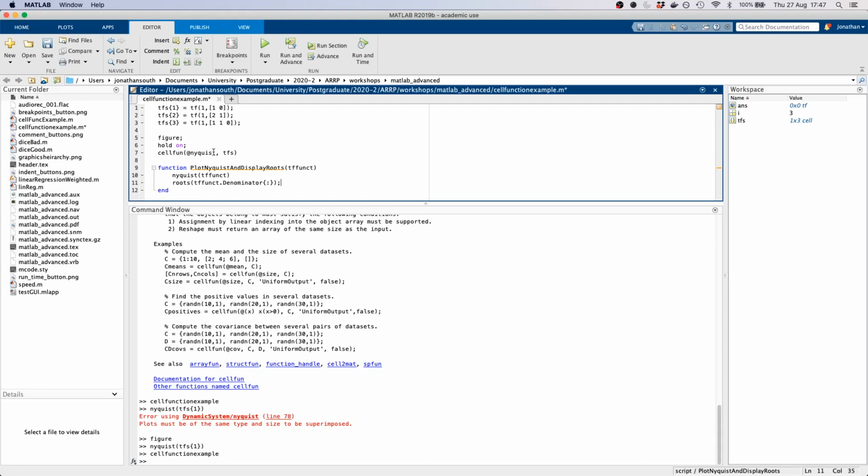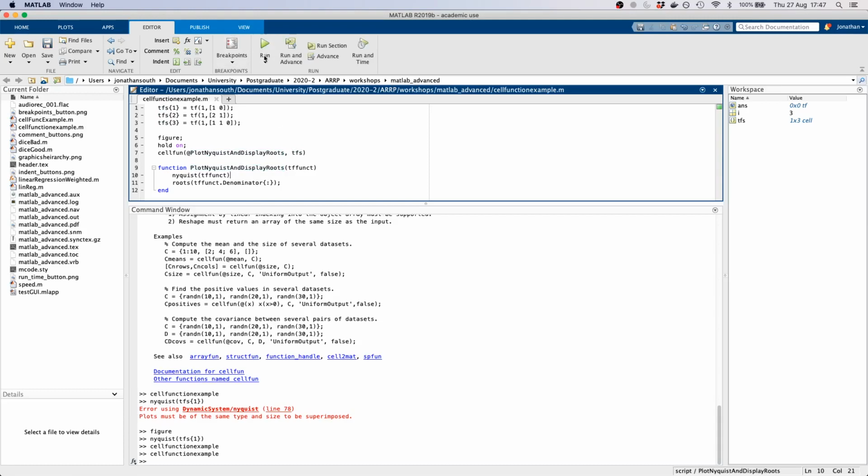Now, how do I apply it using this cell function? I need to put the @ symbol to make it a function handle, and then I just give it the name of my custom function that I've written down here. So the cell function is going to apply this custom function to every single element of this cell array, like this. So if I run that,